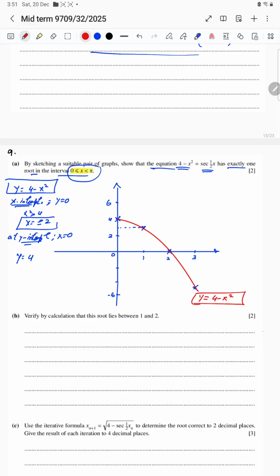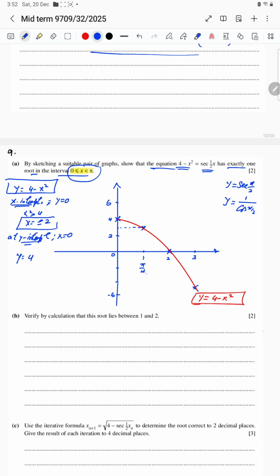Now we have to switch to the other case, that is y equal to secant of x by 2. That means y equal to 1 over cos of x by 2. And as the domain is this, we need to change the calculator mode to radian. Suppose this is